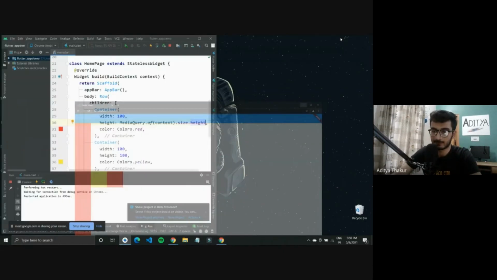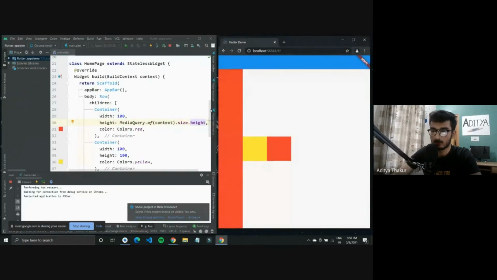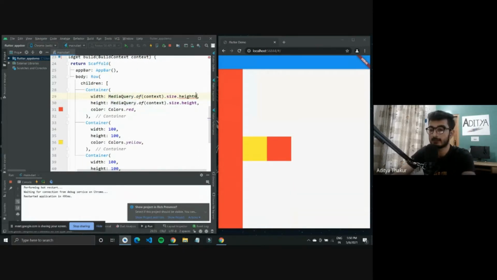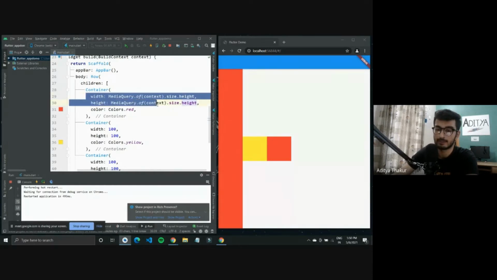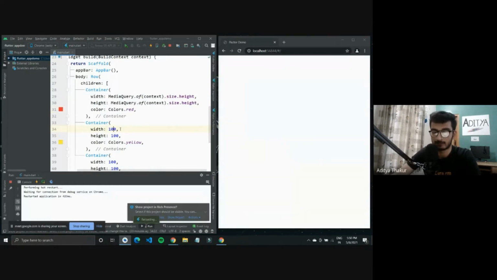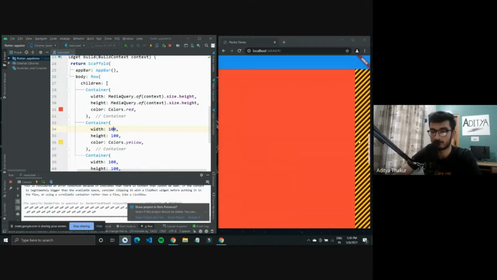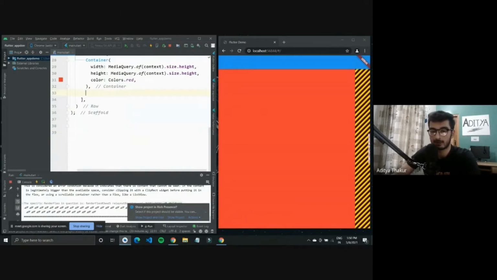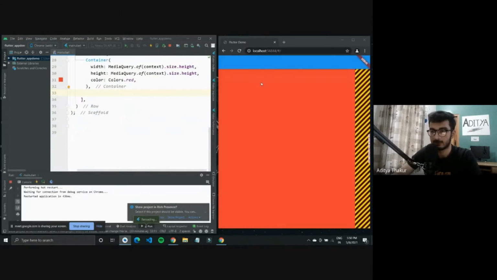So what you can do is accordingly specify the width, but I'll have to get rid of the other containers because right now this width and height would completely fit the screen. If I just try to do it now, it should give an error. This is the render overflow error, because my one widget is taking up the whole space, so these other two cannot fit inside it. So I'll have to get rid of them completely.